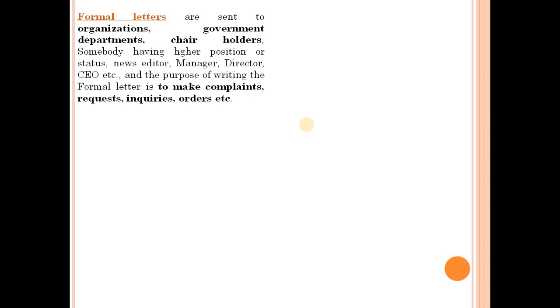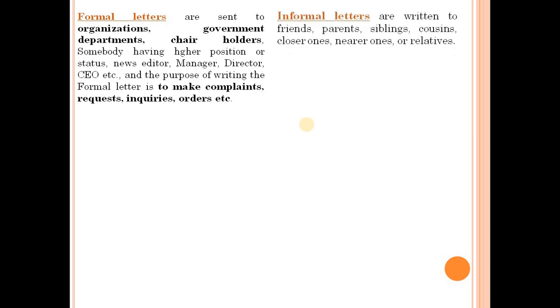In order to understand the formal letter clearly, we should also know what's the difference between the formal letter and an informal letter. Remember one thing, a formal letter is very much official and business type of letter. It is very much rigid and it always follows rules and regulations in terms of language and manner, whereas the informal letter is quite a free type of letter. It does not bind you with the rules and regulations of language, manner, tone, or grammar. It does not make you obedient to any rule or regulation.